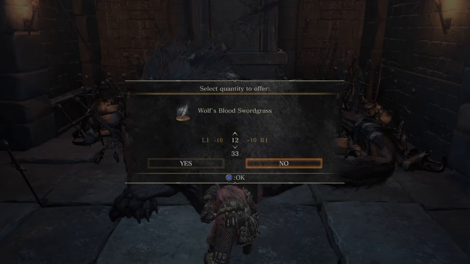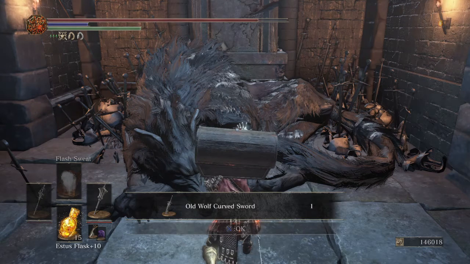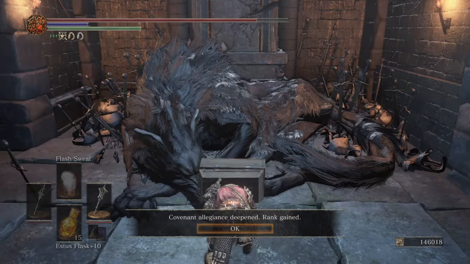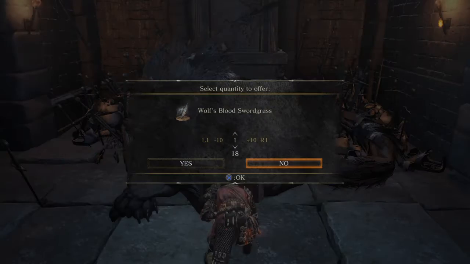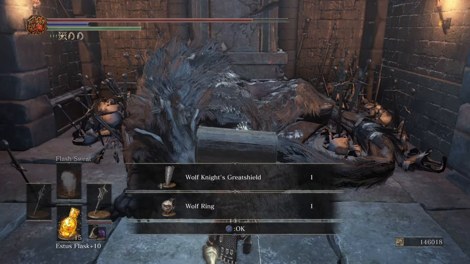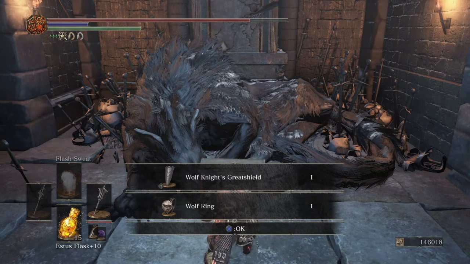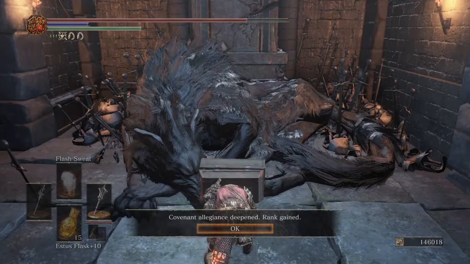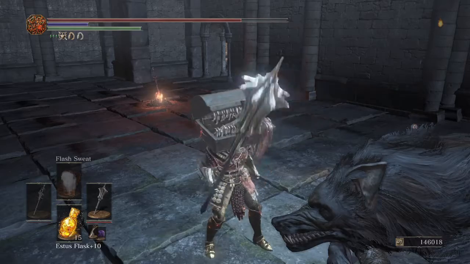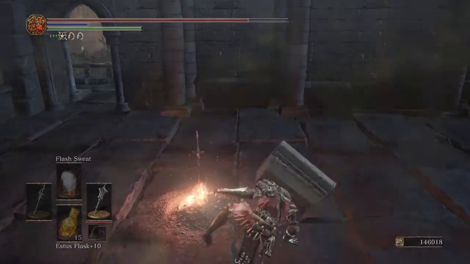So we'll turn in 15 again. The old wolf curved sword. Alright. And one more time. Wolf Knight's great shield, huh? And a wolf ring. But I've got the wolf ring plus 2. So anyways, to get the sword grass, let's go over to the